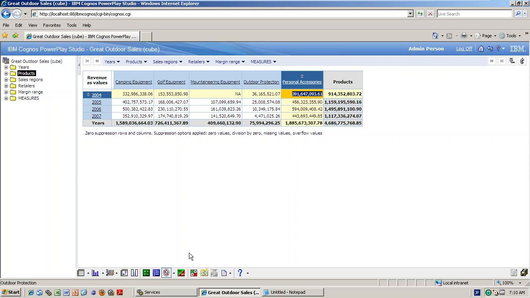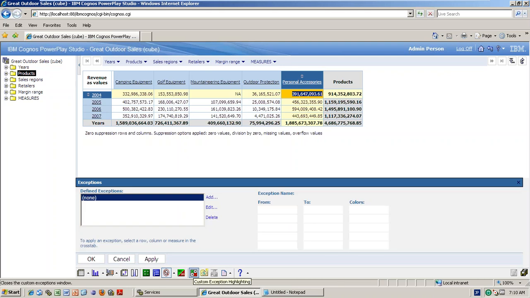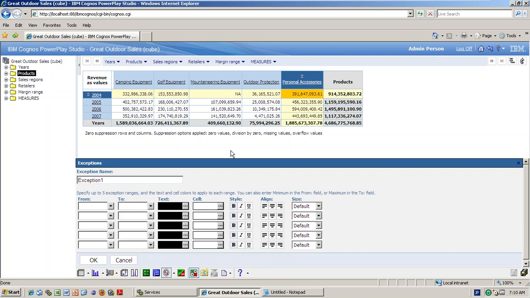Right. So then I will go for the custom exception highlighting. Very important: conditional formatting. If the value is greater than this value, just show the background color as red or something like that. So go ahead. You just add one first expression. So for example, if the value is, I will treat like, because this is the last value.